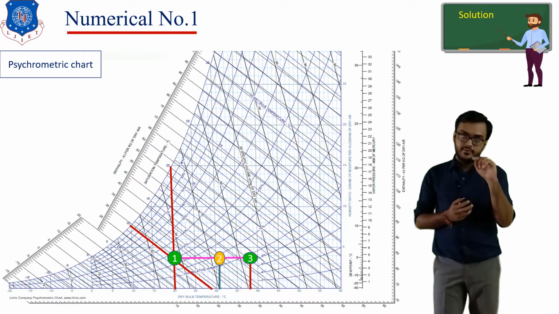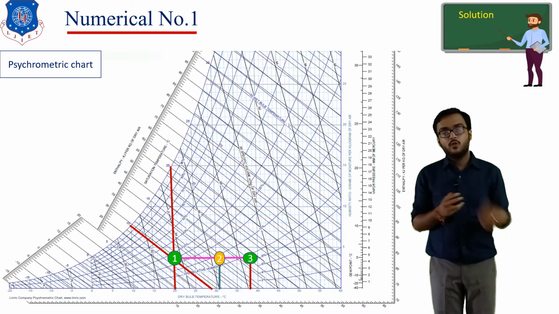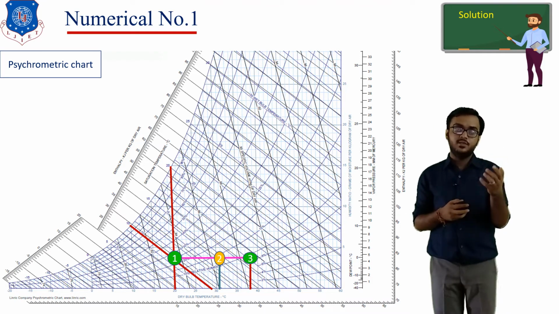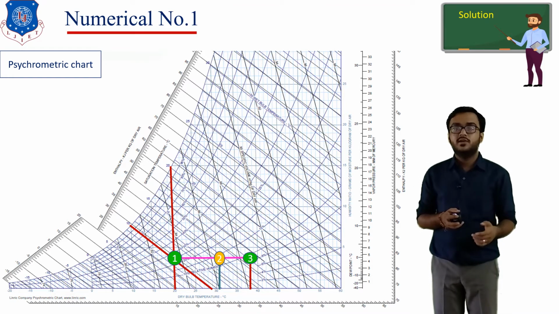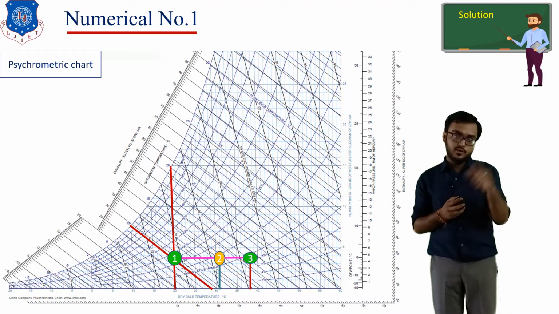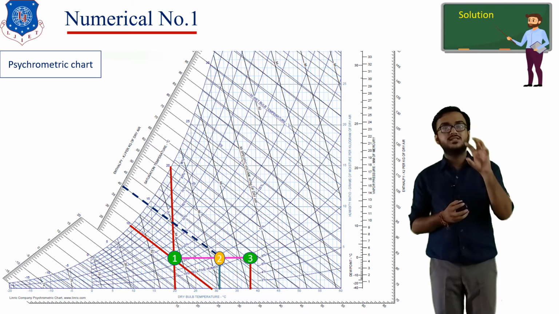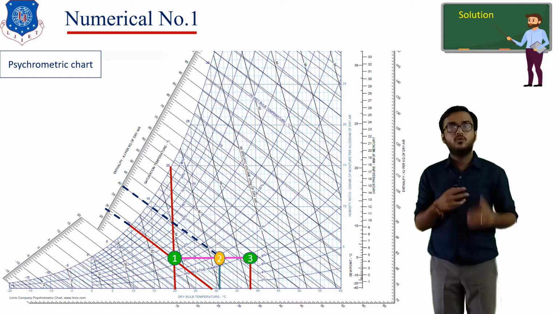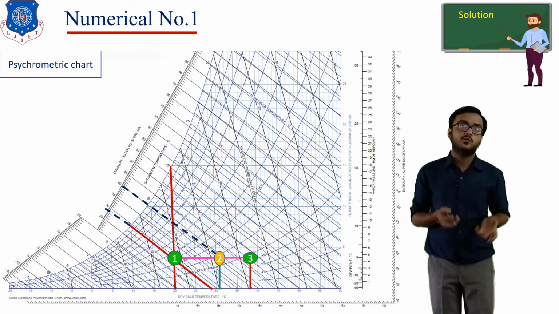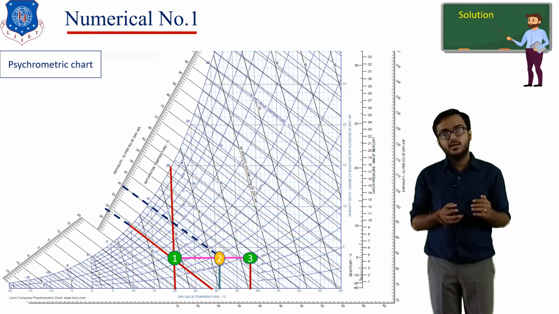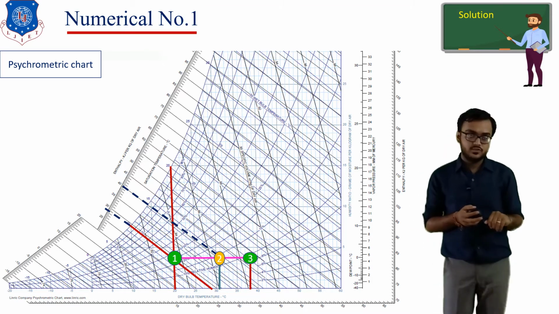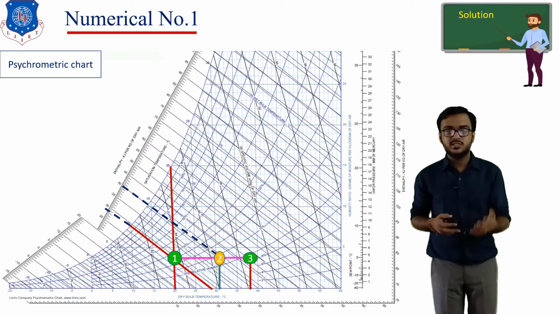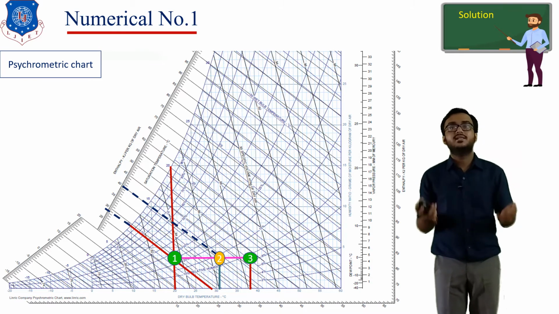Now we have points number 1, 2, 3 with us. Now we need to find the amount of heat added to the air, so we need to focus on enthalpy. To identify the enthalpy, we need to plot two enthalpy lines like this from point number 2 and point number 1. Just read the value of enthalpy, and the difference of enthalpy will give you the amount of heat added during the heating process. So it is all about the psychrometric graph. You just need to locate the different points on the graph. Once you have a grip on this, then you are able to calculate any example thoroughly.